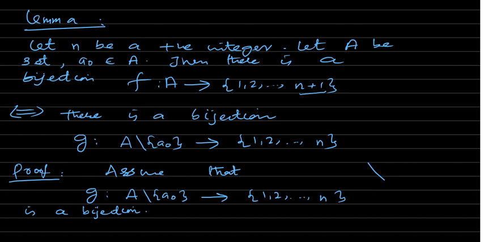Now you have to define a bijection from set A to this set of n plus 1 natural numbers. So let's now define that map. So define f from A to this set n plus 1